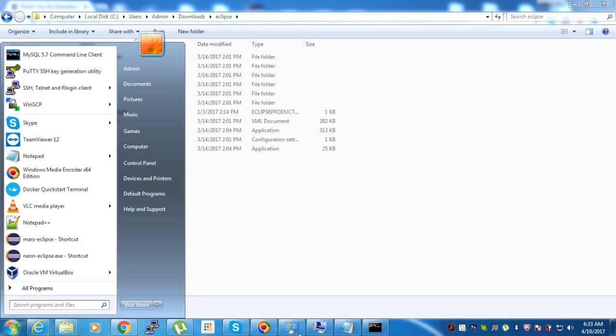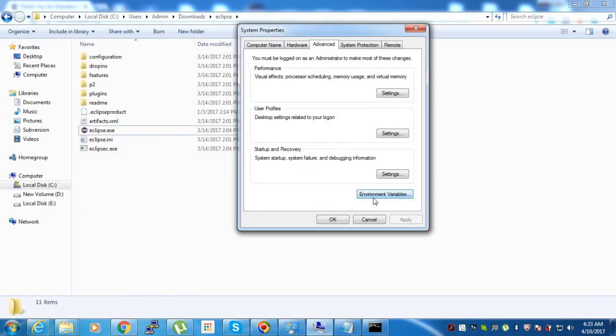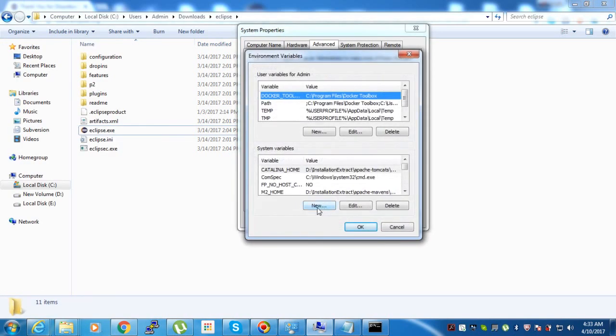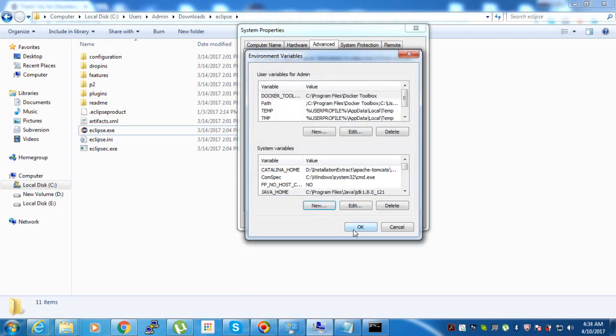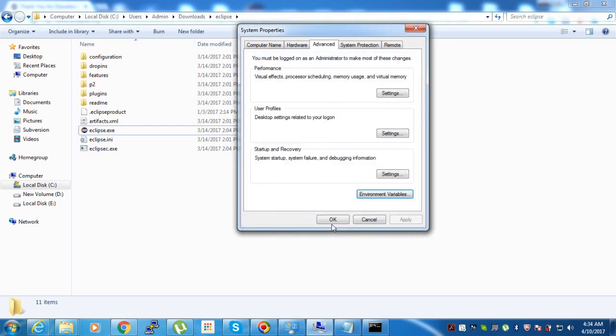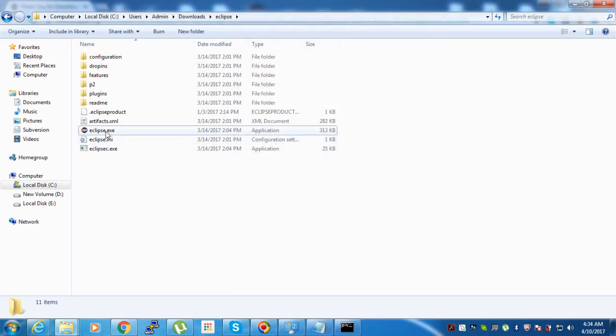I will go to the environment variables, and then again I will give the Java home directory, JAVA_HOME, and then I will click OK, and then again I will double click on this